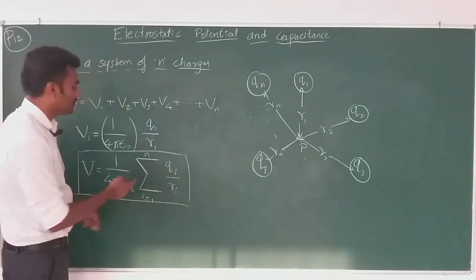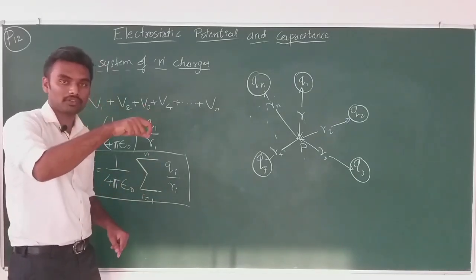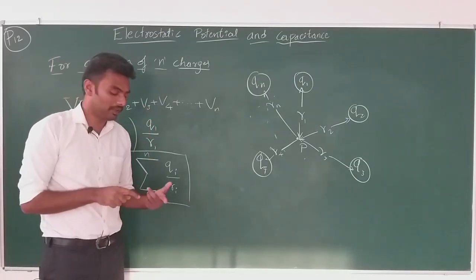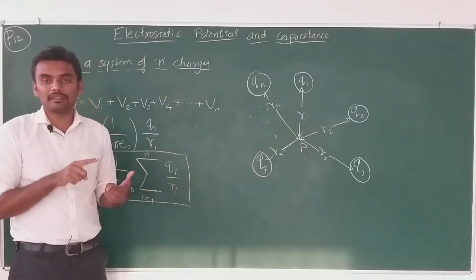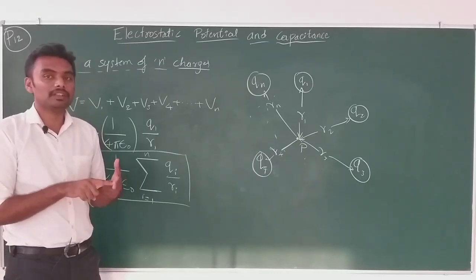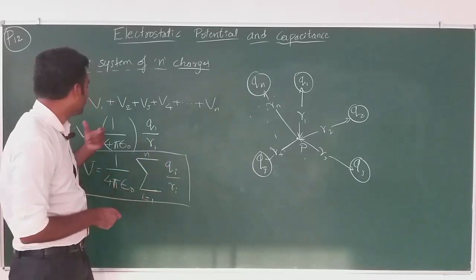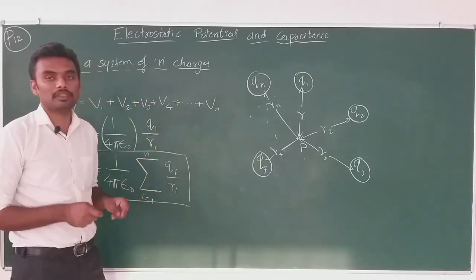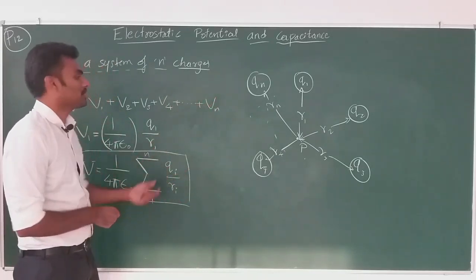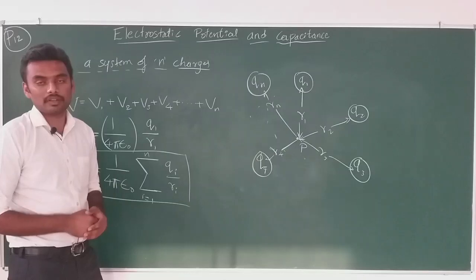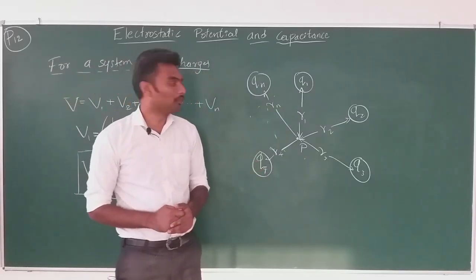So whenever you put the value of charge here, unlike what we did with the forces, when we were discussing the forces, we did not consider the sign of the charges, right? Here we have to consider the sign of the charges and put them here. Then only we will get the proper net potential due to all the charges. Positive charge, positive potential; negative charge, negative potential. Understood? Right. Now let me take an example and give you the idea about this.